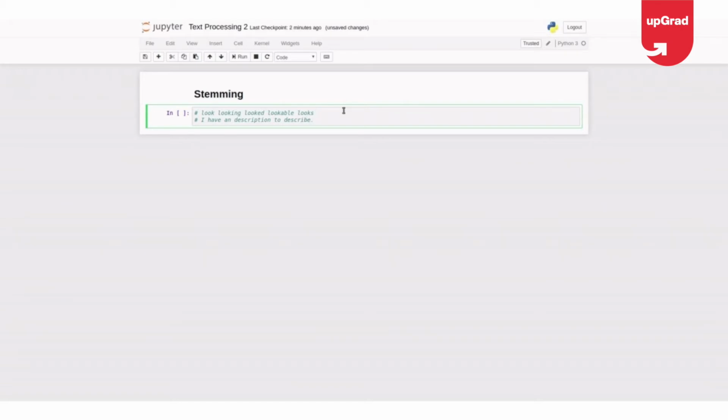Suppose there are three words here: description, described, and describe. So I have three words: description, described, and describe. All these three words are different, but they're appearing from the same word called describe, right?